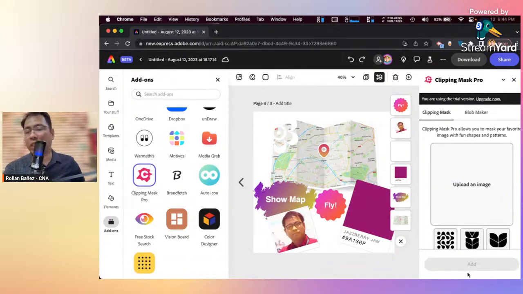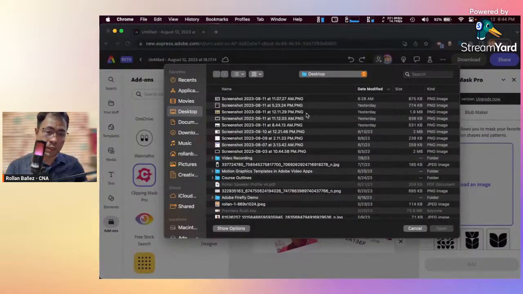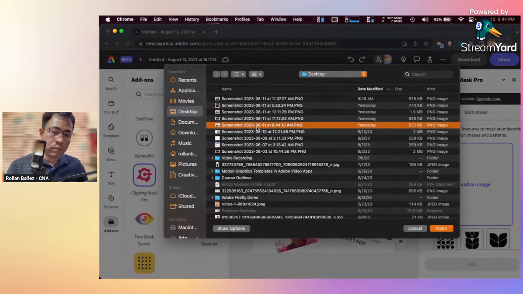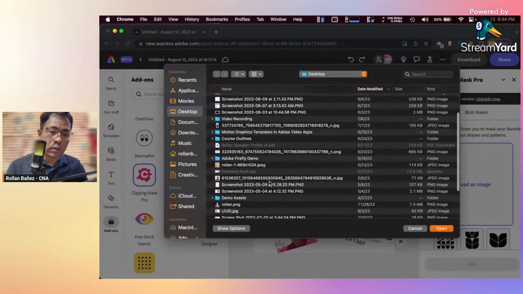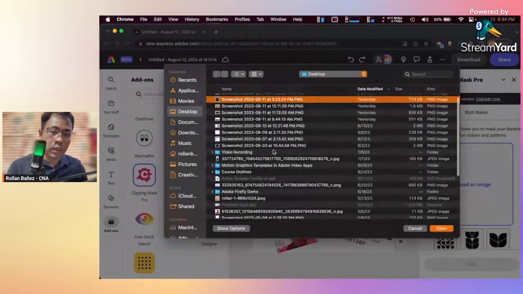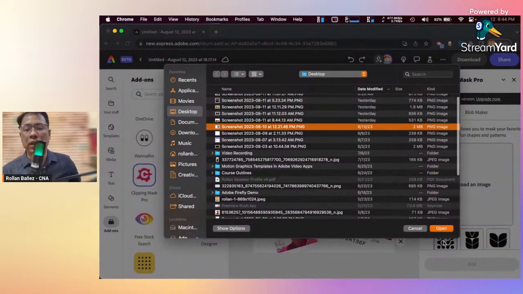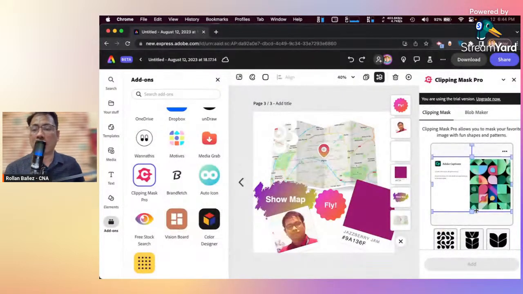And you can generate lots of interesting clippings. For example, let's check on this one. Where is my photo? Let's say, for example, this one. I love using Captivate.